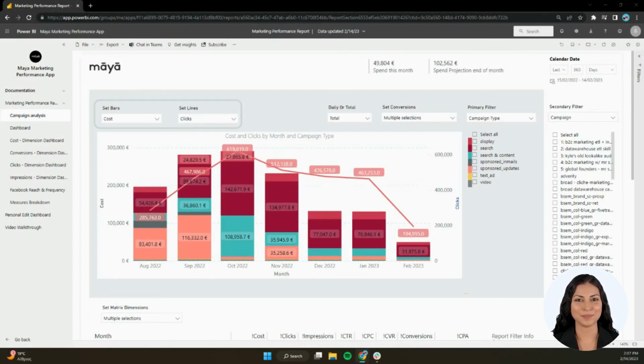First of all, from the drop-down menus here, you will be able to select which measures you wish to examine in the graph, while on the right side you will notice two filter panes. You can select different measures and filters every time to customize your view and adjust it according to your analysis